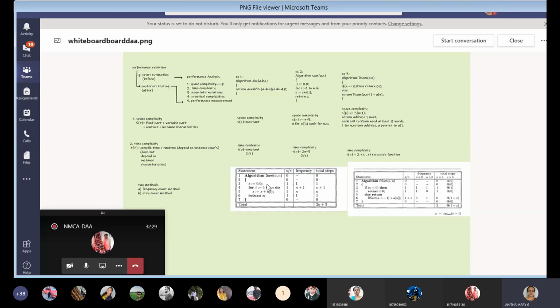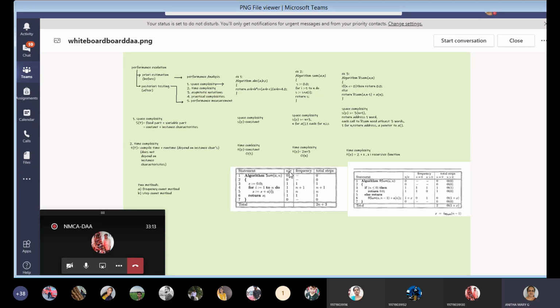I'll just repeat this again. Since this is the algorithm header, there is no concept of frequency, and for curly braces, no concept of frequency. Assigning some value to a variable is done only once, so that frequency is 1. For the for loop, n elements and plus 1 for the failing condition, so we write n plus 1. The statements within the loop, we say n. The return statement takes only 1 as it is outside the loop. If it were inside the loop, we could also say n. And for curly braces, there are no iterations, no concept of frequency.